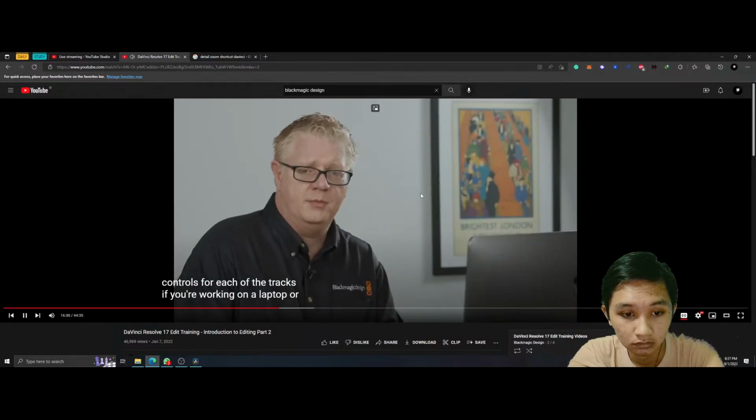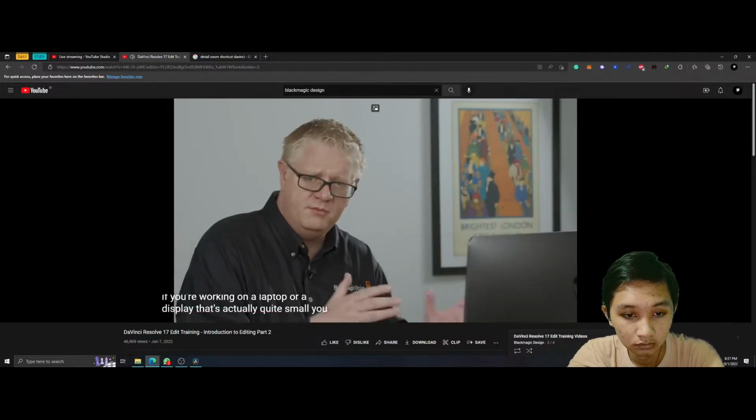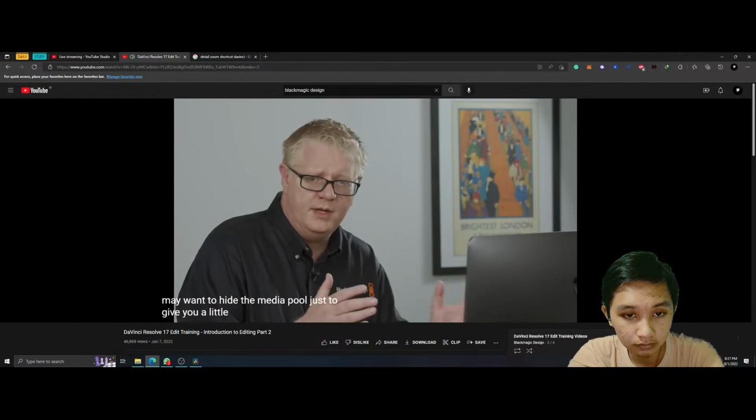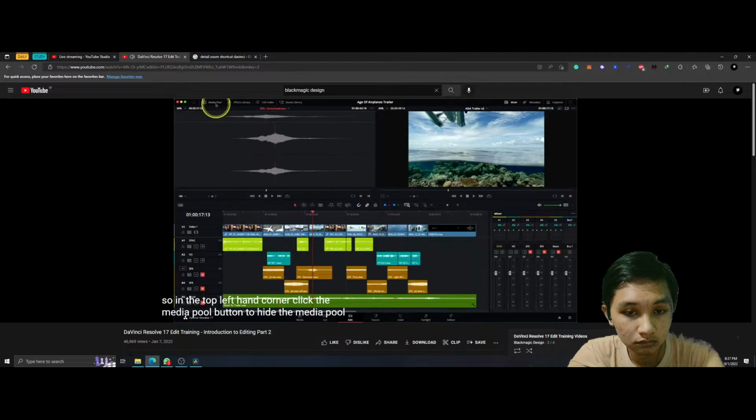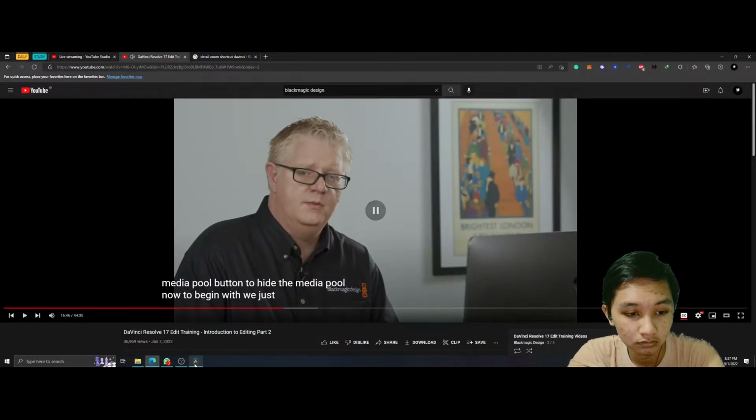If you're working on a laptop or a display that's quite small, you may want to hide the media pool just to give you a little bit more room in order to be able to work. So in the top left-hand corner, click the media pool button to hide the media pool. Now to begin with, we